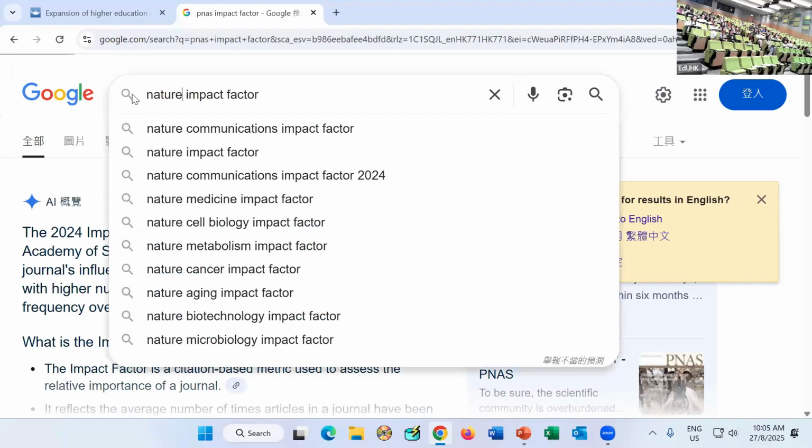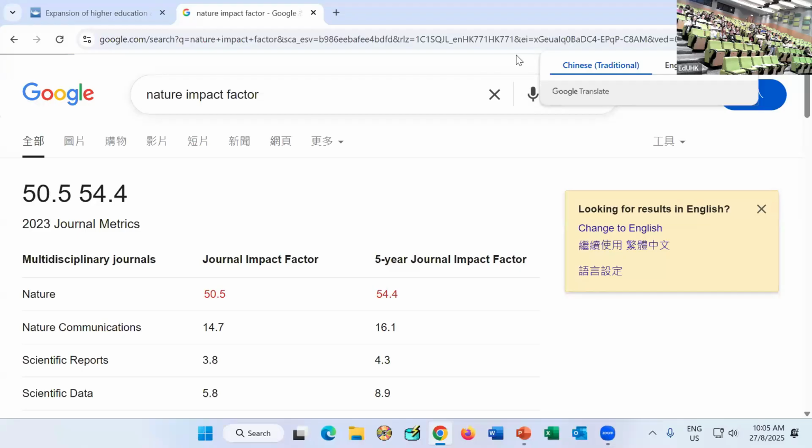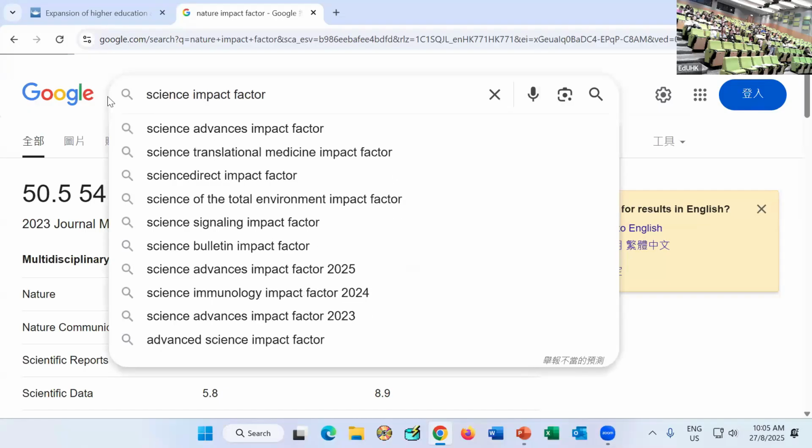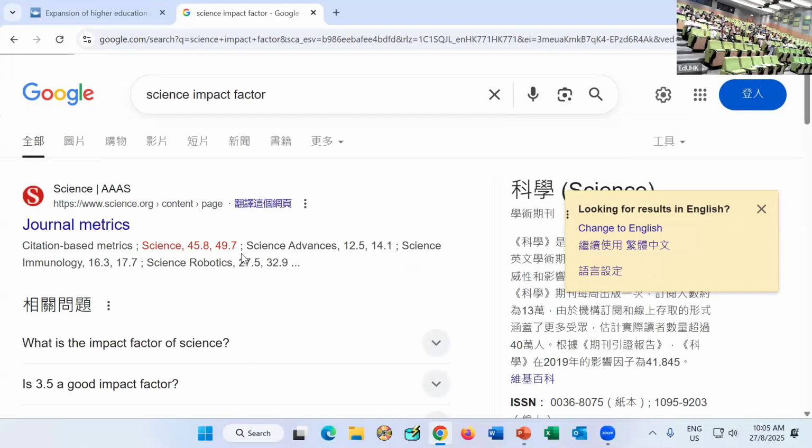Okay, so people actually fight to publish in 2 journals. One is Nature and one is Science. Let's see how high the impact factors are, and you will know what I mean. Okay, so Nature impact factor 50 something, and my PhD supervisor published that, and then she very quickly got promoted. Just one example, right? So that is how people care about the impact factor as well, and then Science. So 49 point something, right? So kind of equally high.